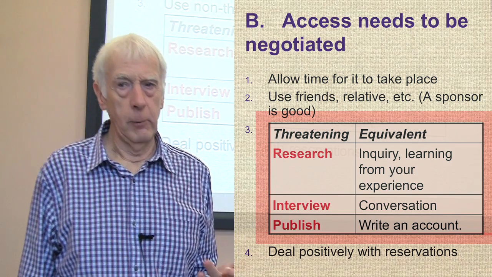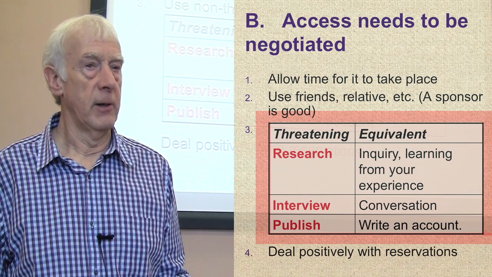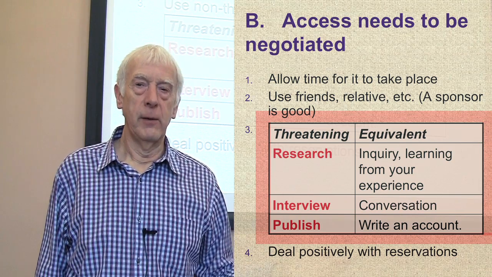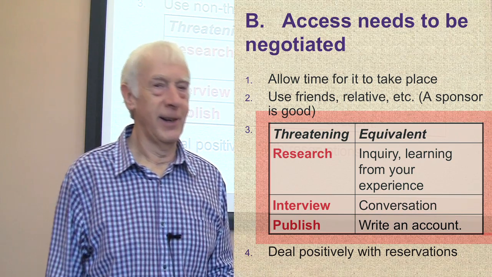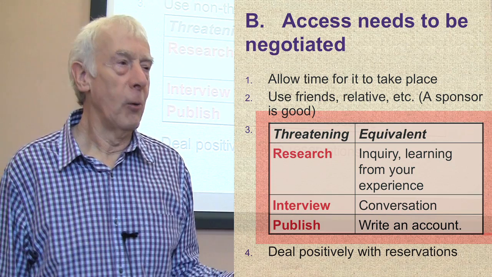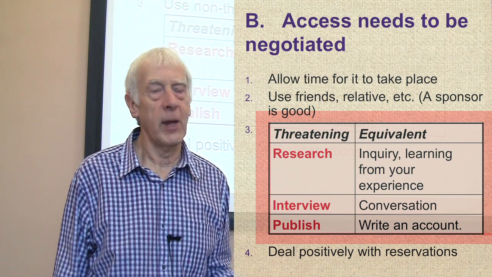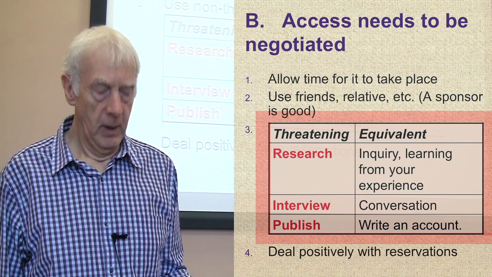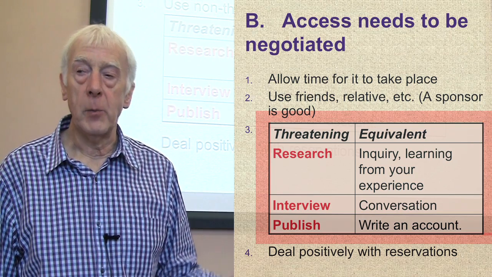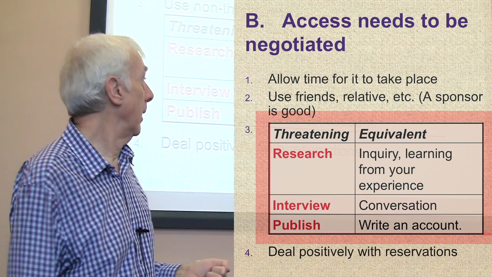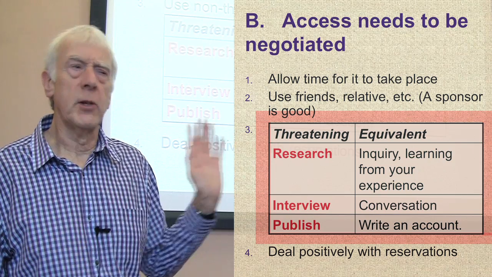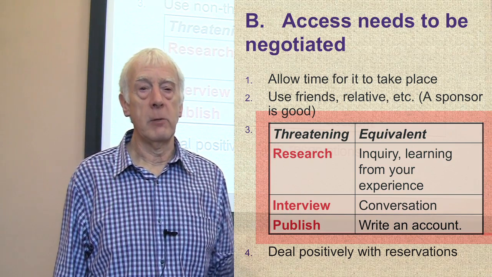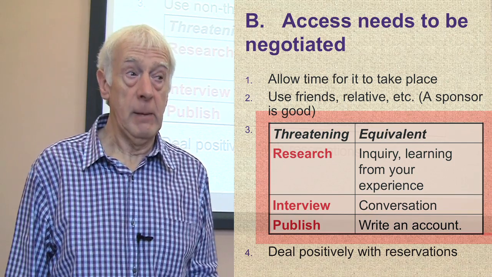Publishing, again, particularly when you're negotiating access into somewhere, can sound like we're going to tell everybody what you're really doing. We're going to tell the world what's going on here, and that can sound quite threatening to people in organisations. So again, think about how you present that, how you ask about that. Write an account, but also explain that you'll be doing it in the academic field, which means a relatively limited publication, if any publication at all.